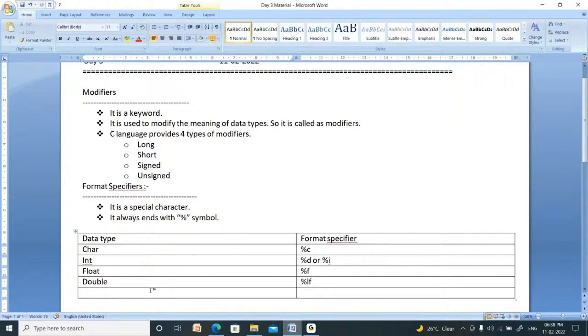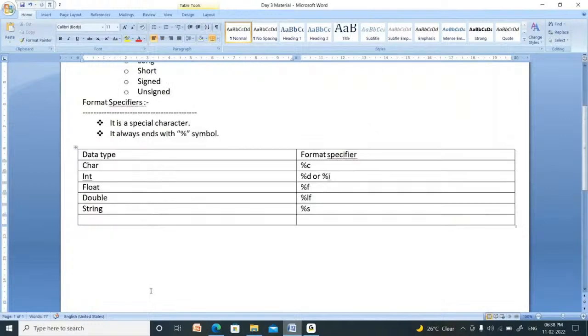Yesterday I explained there is a string Rama. In Rama, how many characters are there? 4 characters. A group of characters is nothing but a string. So for string, we have to use %s. Just now I explained long integer. For long integer, you have to use %ld.